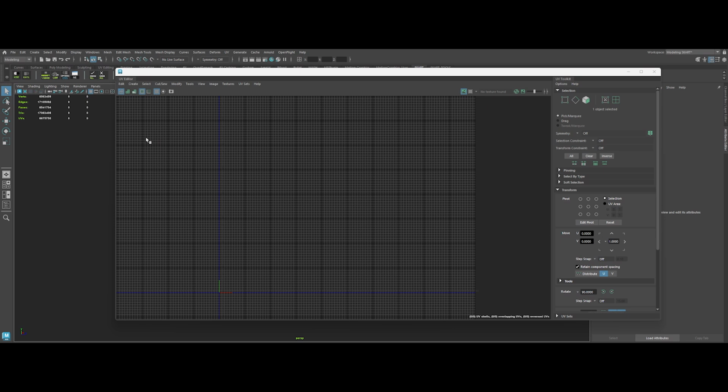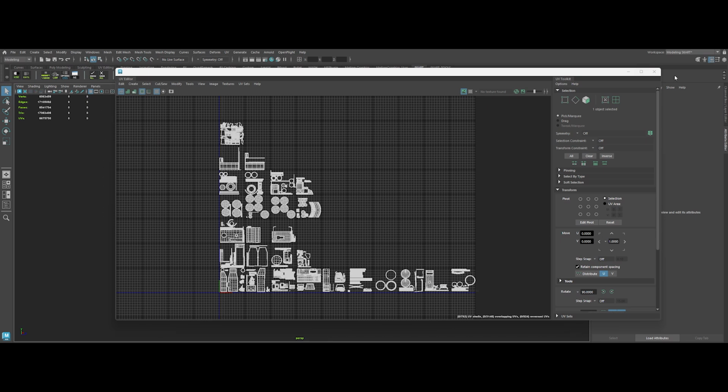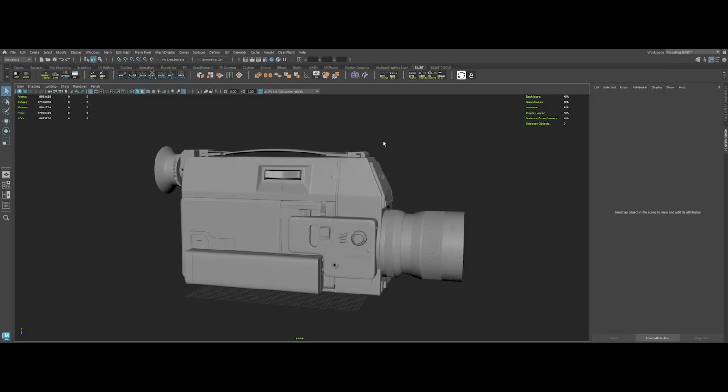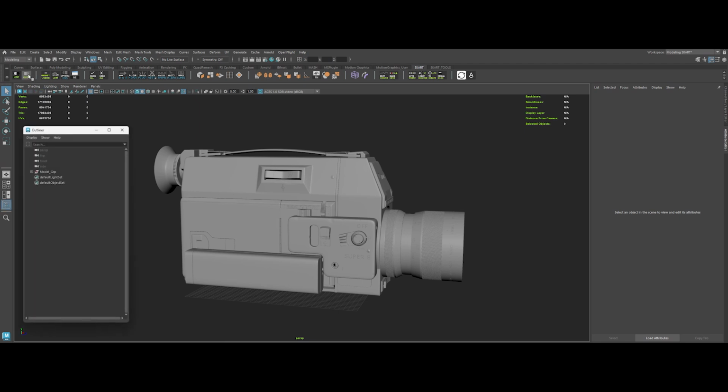Now, let's crack open the UV editor for a quick check. Look at that. Everything is neat, split by materials, and perfectly laid out in UDIM. Each row is a different material type, which is a dream for texturing. And in the outliner, it's all organized and tidy. Trust me, this kind of structure saves your team a world of pain down the line. Clean assets like this are a lifesaver in production.